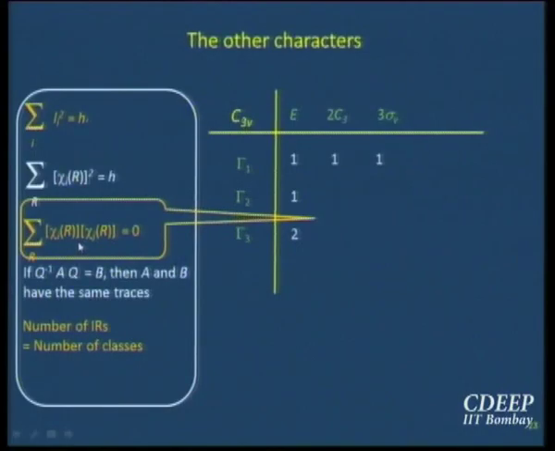So even here, you can have either plus 1 or minus 1, right? So what should it be? How many plus 1s, how many minus 1s should it be? Because this has to hold: sum over r of chi i of r, chi j of r equal to 0. Now take this as i. Gamma 1 is gamma i, gamma 2 is gamma j. Let us say this is A, this is B. What is the equation you have? 1 plus 2 into 1 into A plus 3 into 1 into B equal to 0, isn't it?